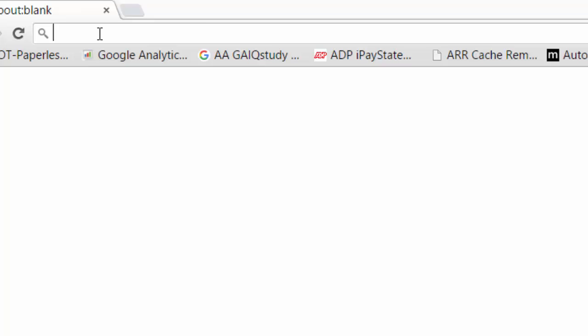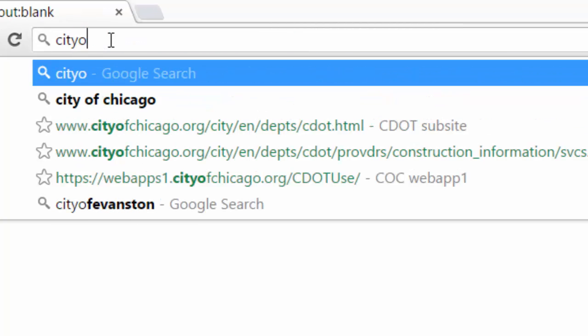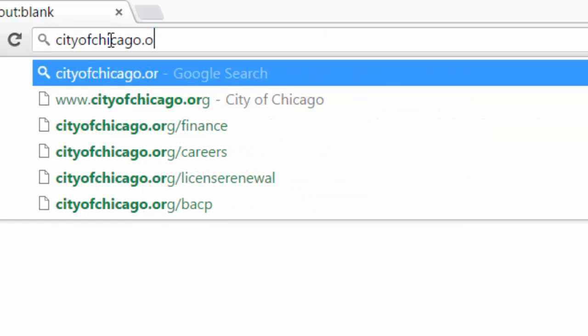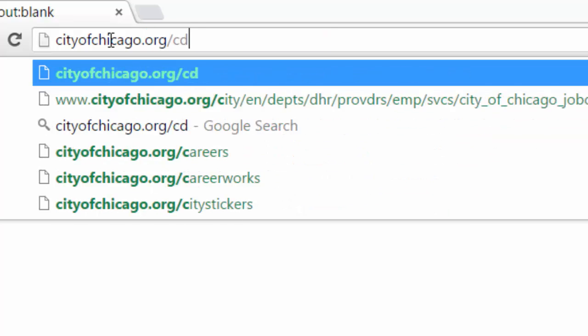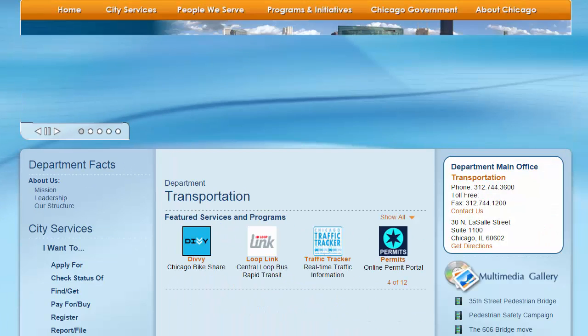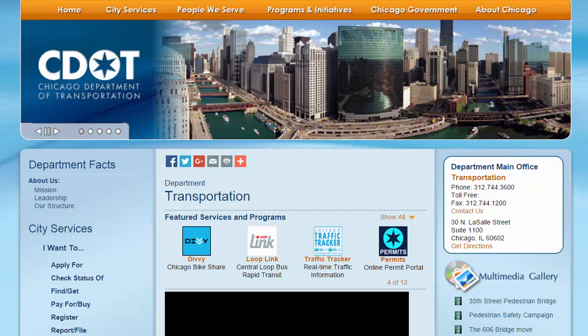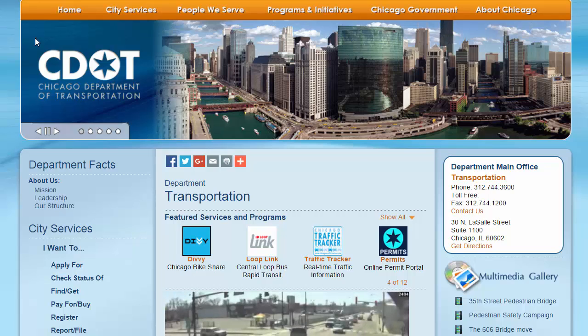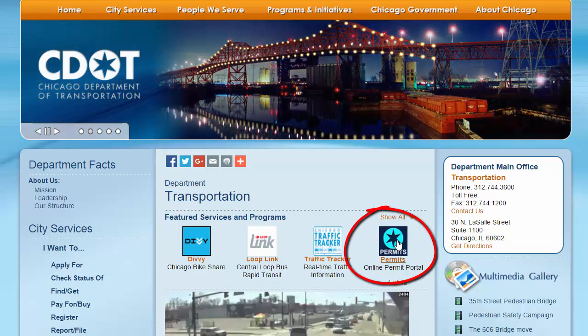Open up your favorite browser, and in your browser address bar, enter the URL cityofchicago.org/CDOT. This will take you to the CDOT homepage. In the center of the page, you will see Featured Services and Programs. At the end of the first line, you'll notice an online permit portal icon. Clicking this icon will take you to the online permit portal sign-in page at